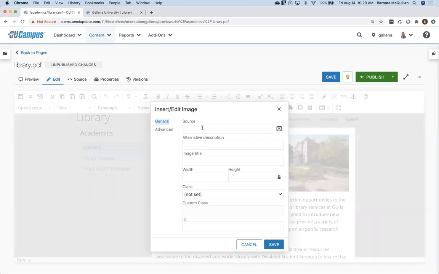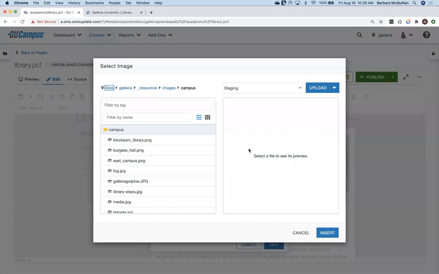Source is the actual image I'm going to be choosing. So to the right of the source, I have a browse button. This allows me to go through OU Campus and find the image that I'm looking for. Now, my administrators set up a default image folder. So notice when I click that button, I have this breadcrumb up here that tells me I'm inside the site